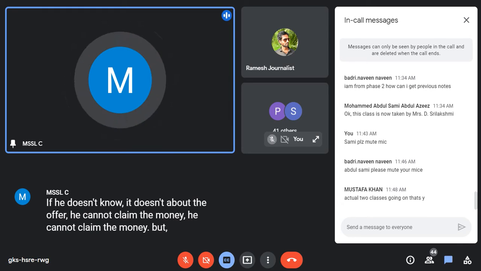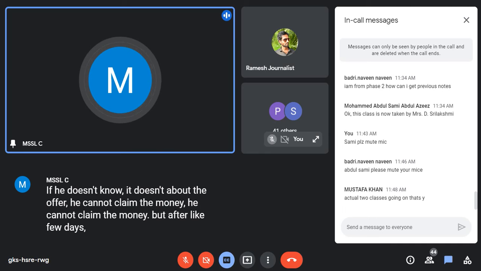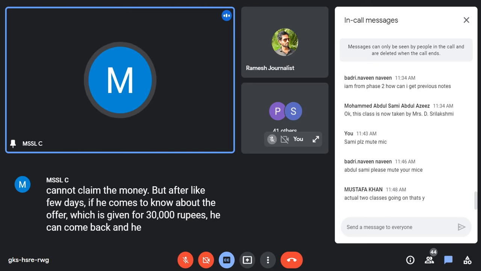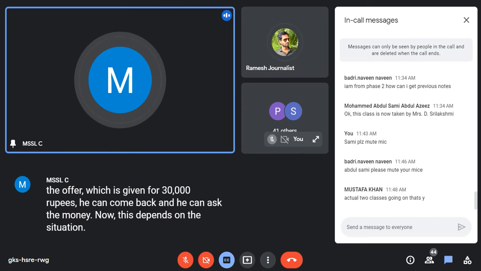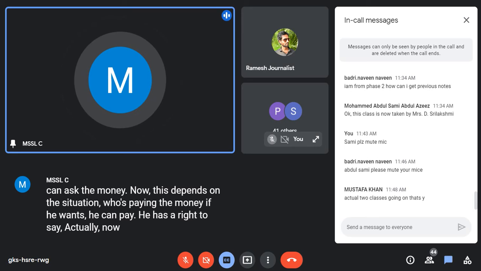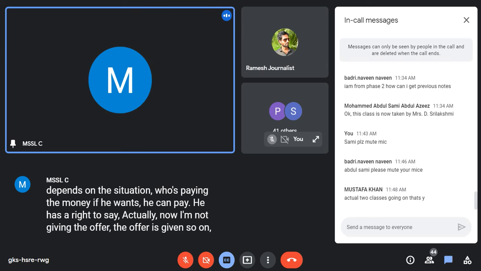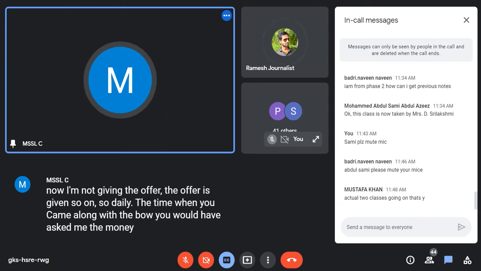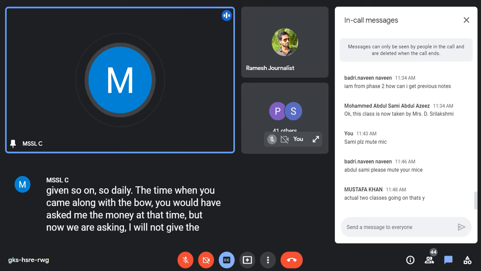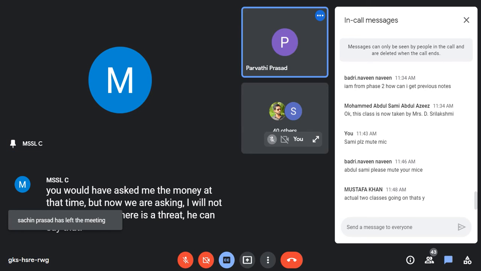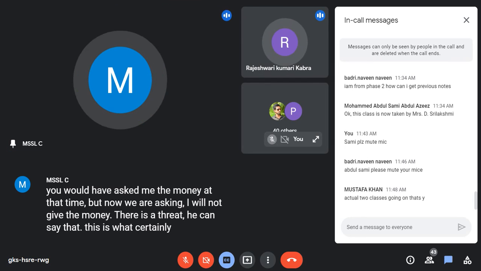But after a few days, if he comes to know about the offer which was given for 30,000 rupees, he can come back and ask for the money. Now this depends on the situation of who is paying. If he wants, he can pay. He has a right to say, actually, now I'm not giving the offer. The offer was given on such and such date. At the time when you came along with the boy, you would have asked me for the money then. But now you are asking, I will not give the money. He can say that. He has this right under the Act,